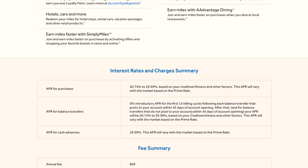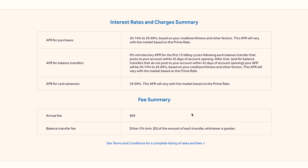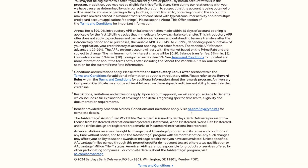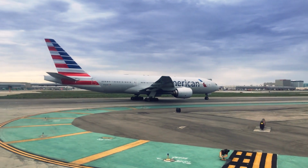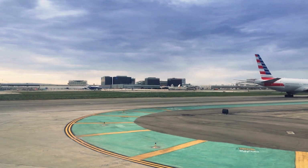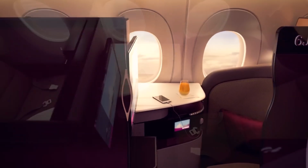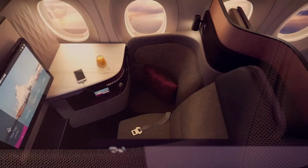Now let's talk fees. This card has an annual fee of $99. Super reasonable considering what you're getting. So the final verdict, is it worth it? Absolutely yes. Think about it, $99 gets you 60,000 miles. To put that in perspective, you can use 70,000 miles plus $40 in taxes to fly on Qatar Airways Q Suites, which would have cost $5,000 or more. So you're basically paying